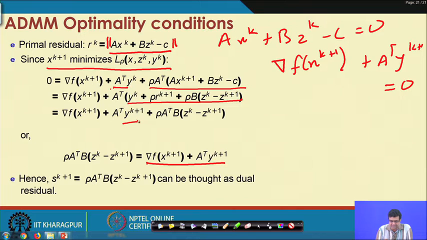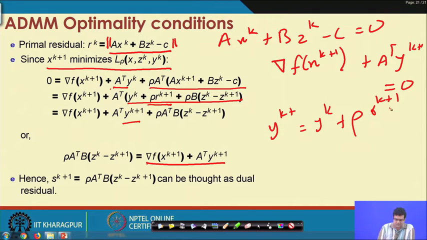So, we can see that your y_{k+1} update is basically your y_k plus rho into this, which is your primal residual, r_{k+1}. If you recall, this is the update, and so this becomes y_{k+1}. And now this quantity is the quantity that you want to monitor.